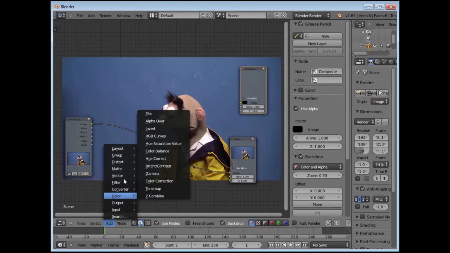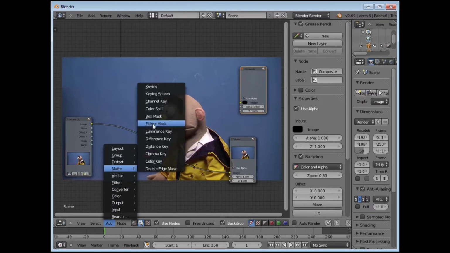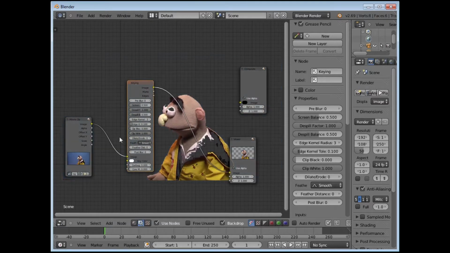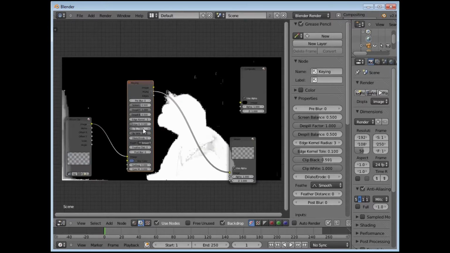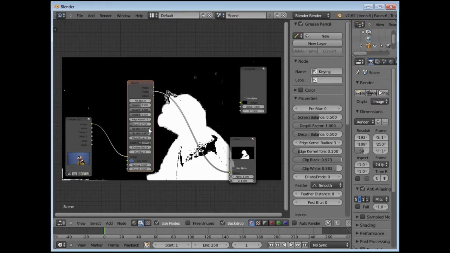Then we will need to have a matte keying node, put that on top. We can select the eyedropper and select a color to disappear that color. I'm going to then take my matte and feed it to the viewer so I can see the alpha channel. I'm going to increase my black clip up to get rid of as much of the whites as I can. Down the white so I can get rid of a little bit of that there. It's not bad actually. I'll probably get away with having no holes in this one if I really mucked around with it a bit,